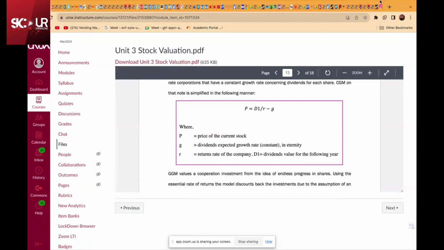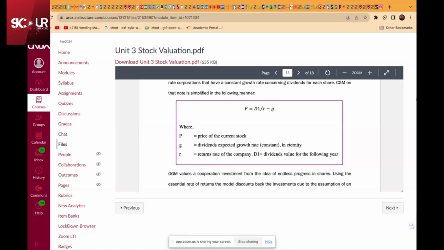This is the formula. Price of current share is equal to the dividend value for next year divided by R, which is the return rate for the company, the cost of capital, less the growth rate of the dividend. So the Gordon growth model